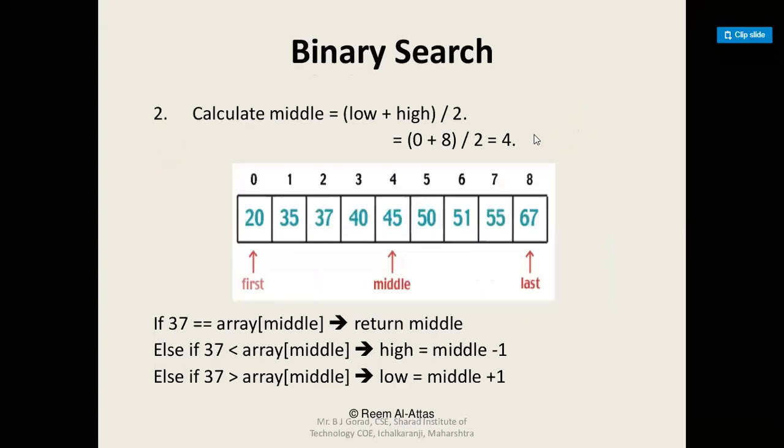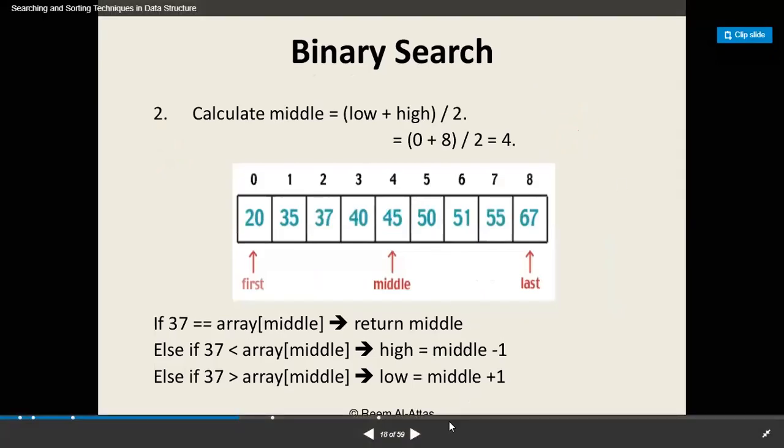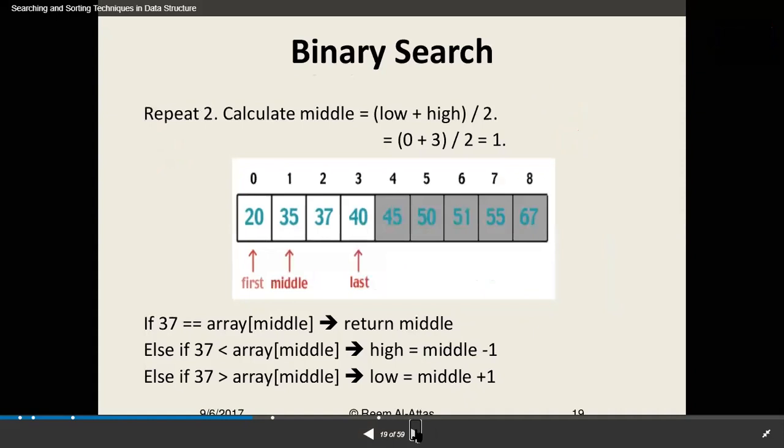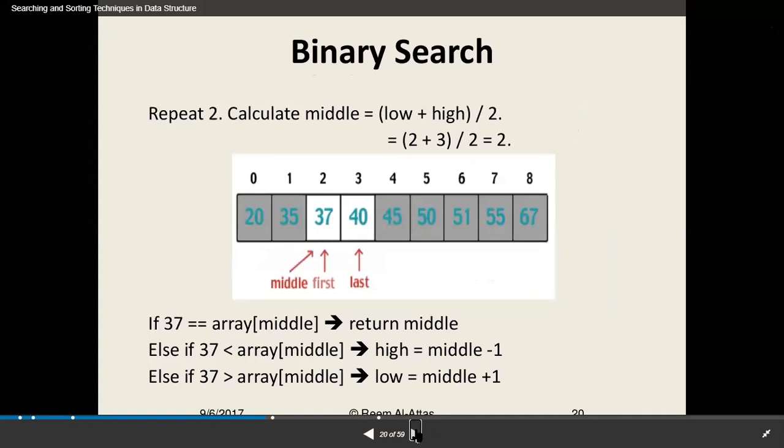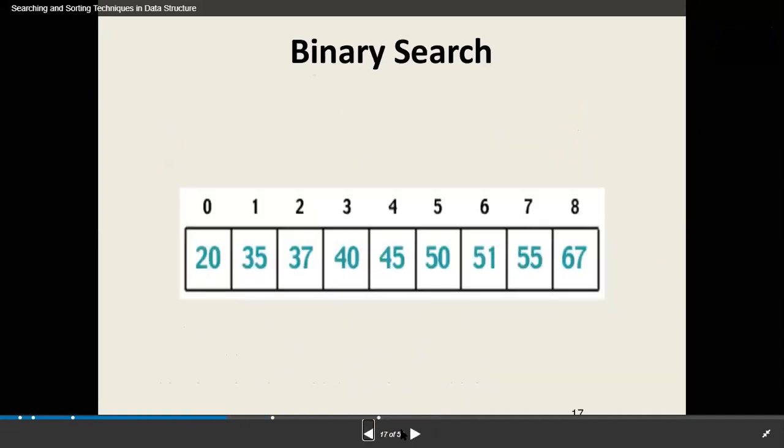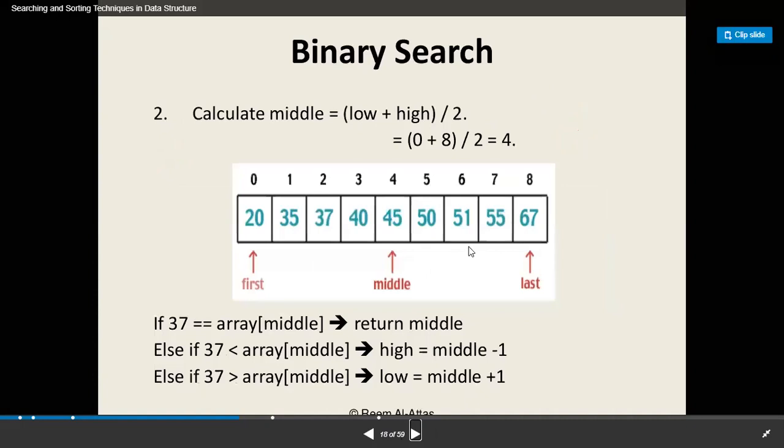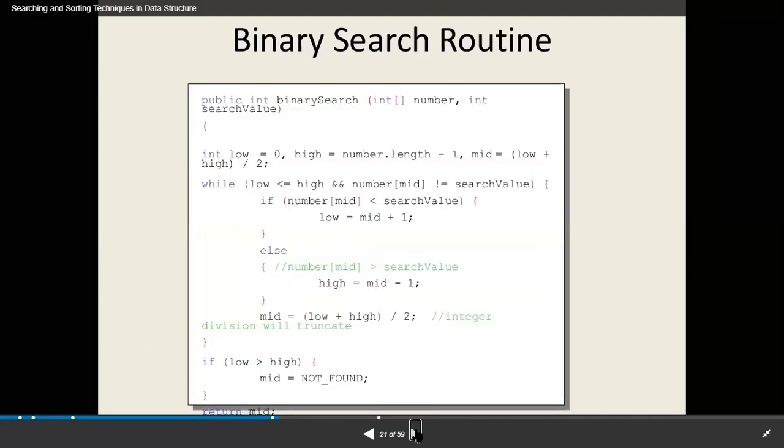Now let's see the code. So this is how the algorithm works. And so the implementation that I was showing you before. Now, as you can see, in the first one, I told you that I select the region, but how does the program select the region? For selecting a region, the program has a technique using 3 variables. One is first, one is middle, and one is last. So every iteration, the program updates these values, and with updating these values, the program finds the new region of search. So without talking, let me show you the code.